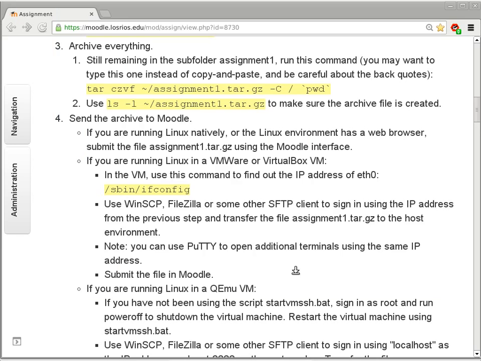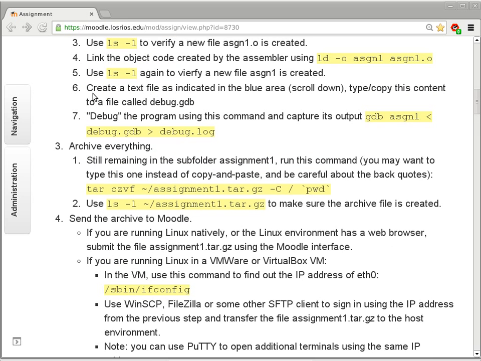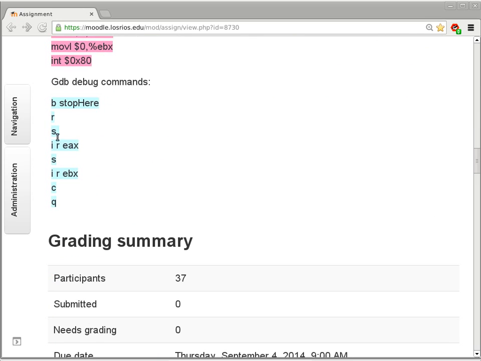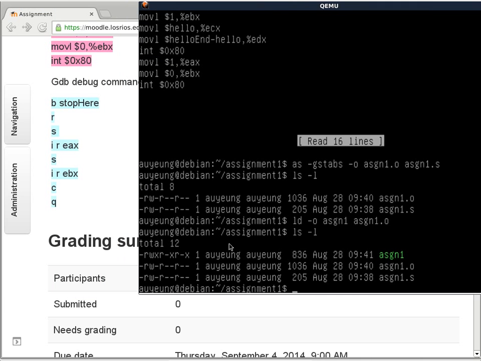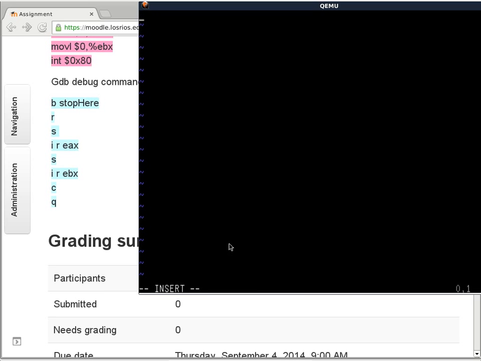All right, next step, going back to my notes here, or the assignment description, I have to create the debug command file, and that one is over here. Create a text file as indicated in the blue area, and call that debug.gdb. Okay, so let's scroll to that portion here, and then create that file. I'm going to move this one a little bit to the right-hand side so I can see both screens at the same time. So I'm going to create debug.gdb, and B stop here is to set up a breakpoint at